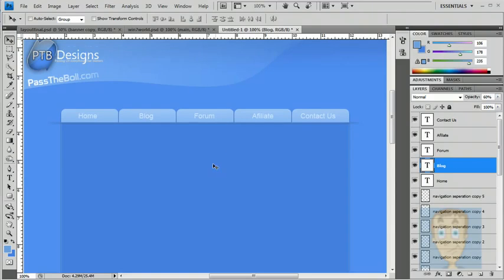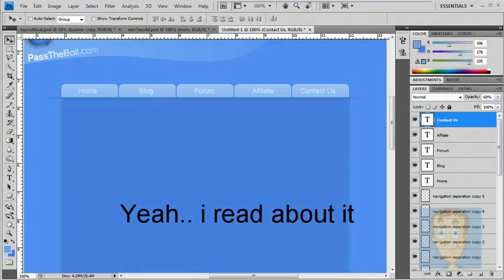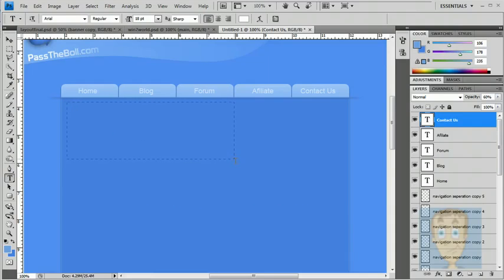Okay, the next step is going to be adding content. The content is going to be smaller text. It was proven in multiple studies that smaller text actually helps attract users because it makes them look at it harder and actually read the content that you have on your web page. So let's go to our text tool, create a standard text, which would be Arial, so it would be fine when we're using CSS and we wouldn't have to make our text images. So let's just select it, and